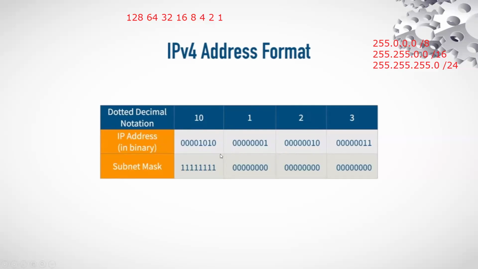This guy, you're not changing anything, right? And all the next three octets, you put it to 0. That is, this can be changed. So what I'm trying to say here is, when you sum up all these things, you get to know 10. Okay. So what is actually happening is, there is something called